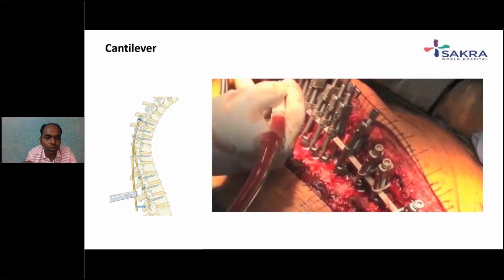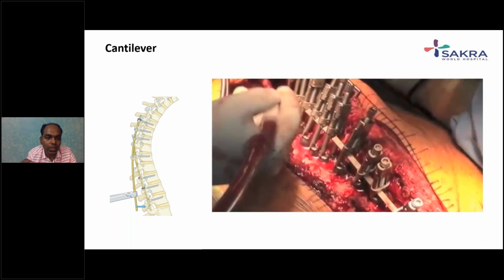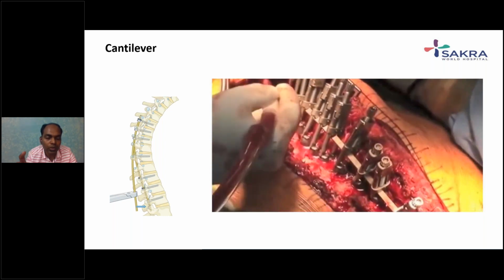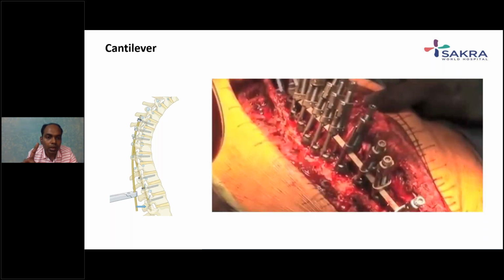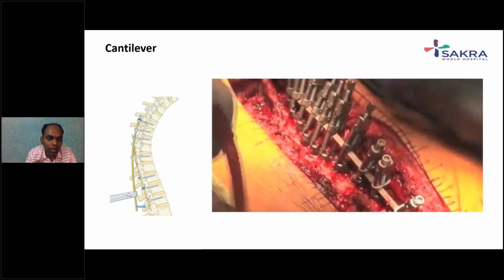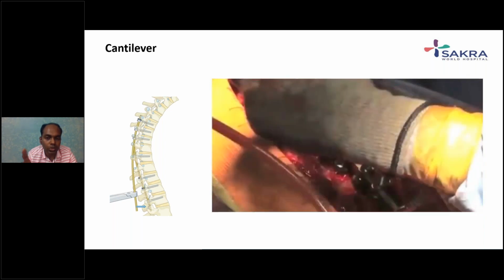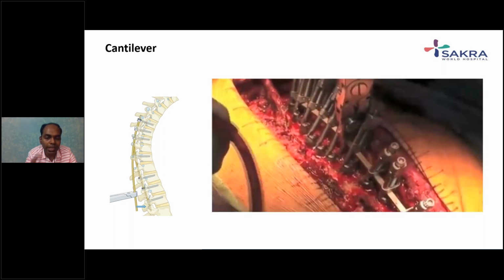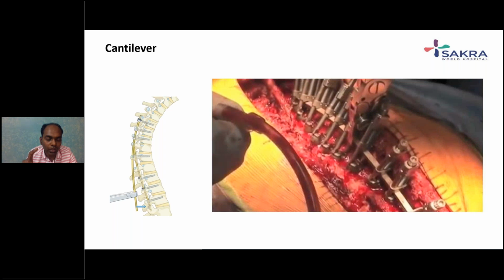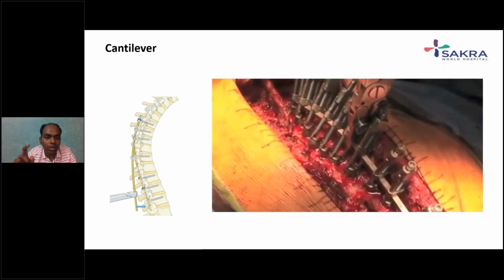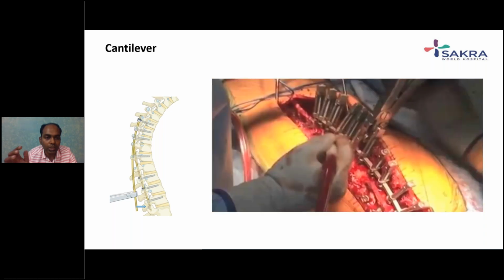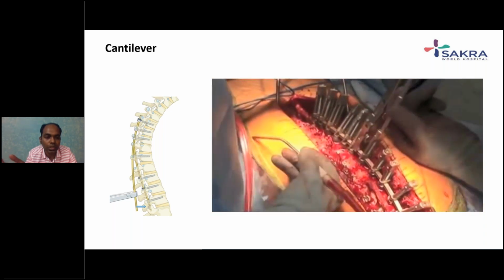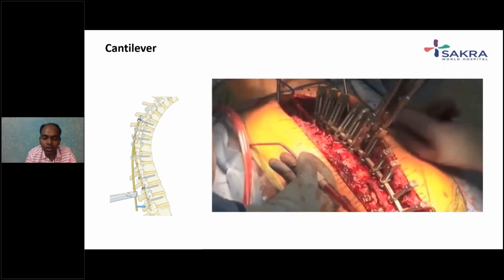In the picture which is shown to the left, you can see the two rods are applied, where the concave rod is used as the working rod, and the convex rod, which is used as a neutralization rod, is applied in the cantilever mechanism, where the rod is reduced from cranial to caudal in such a way that the spine is shifted towards the rod.